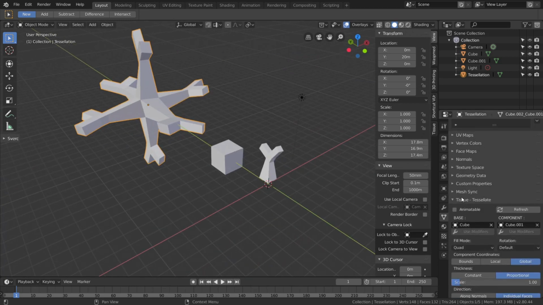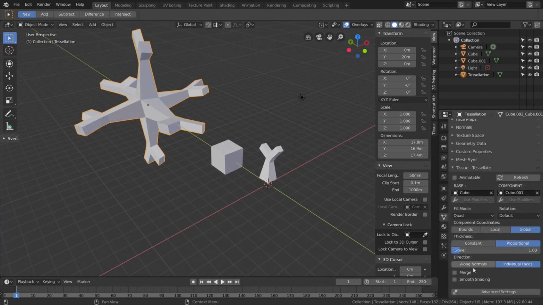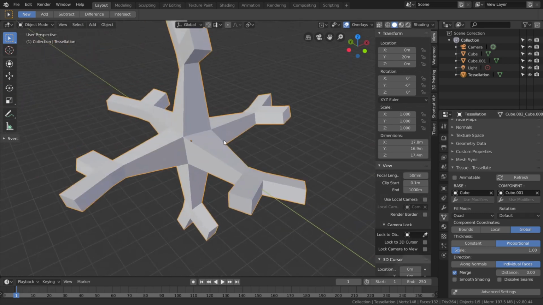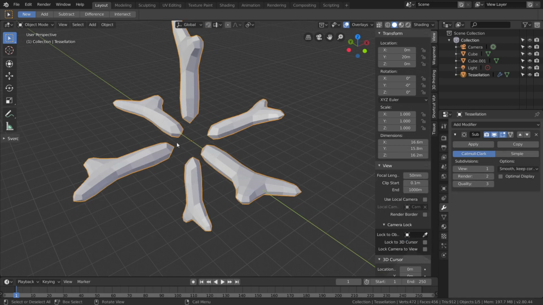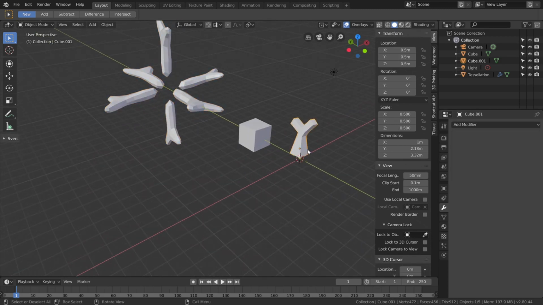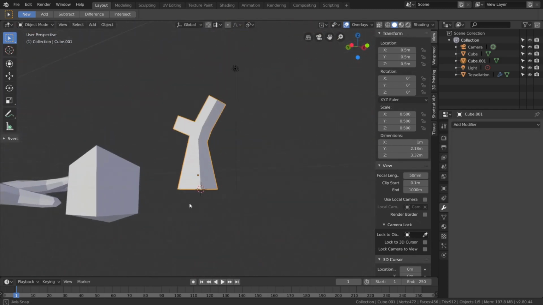Okay. Another thing that we usually want to do is to merge the different branches. But you will see that if you choose merge and you try to add a subdivision surface to that object, they're not really merged, because merge works only with openings. So if you keep the base of the branch open, then you are able to merge all of them together. So if I delete that face here in the bottom,